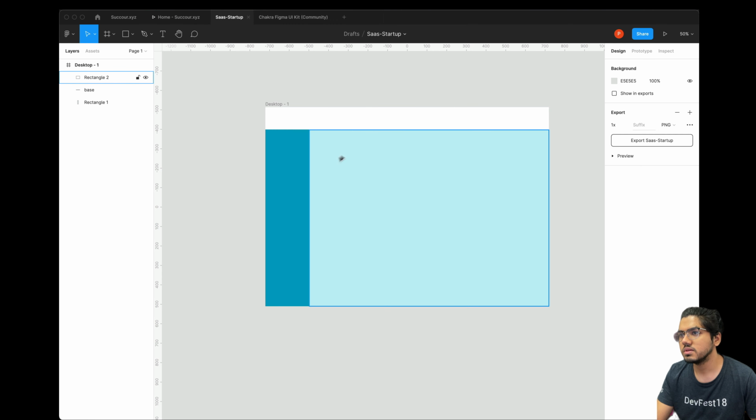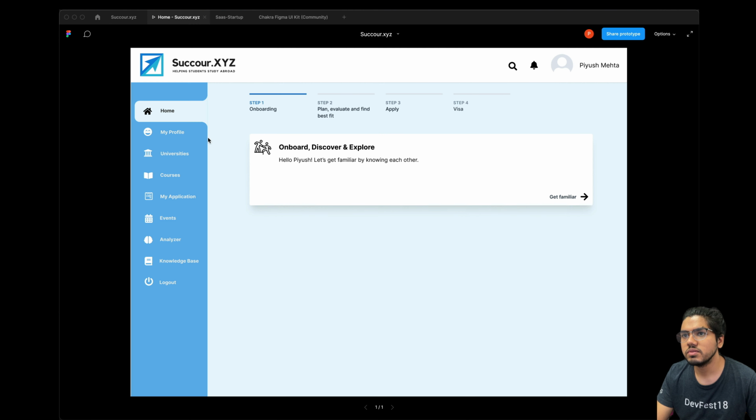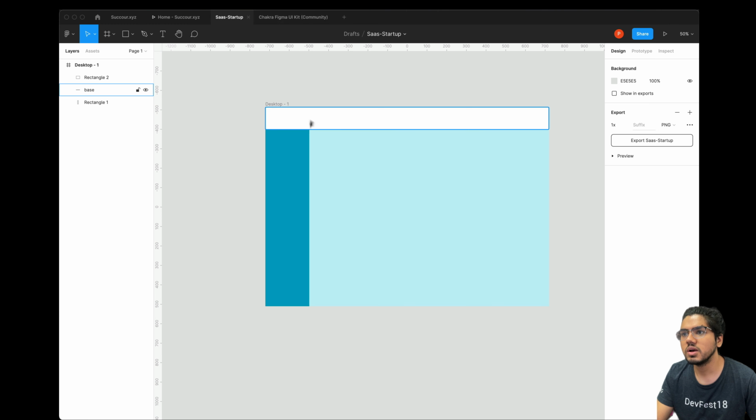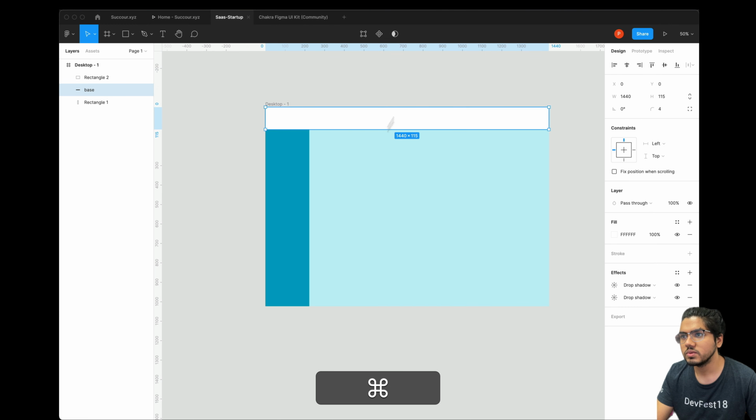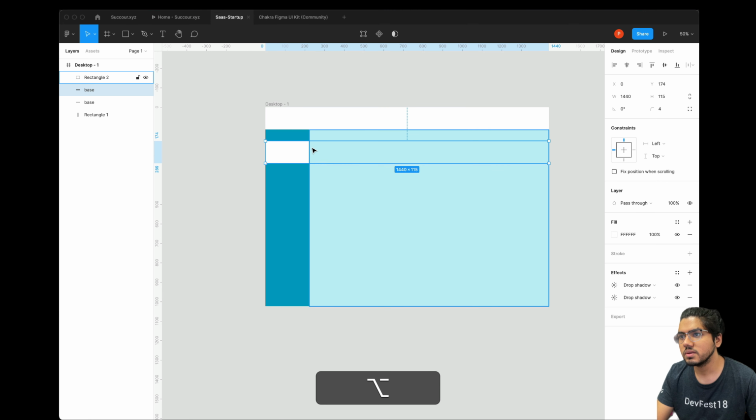Okay, so now you must have noticed that we have something like this. We'll be making that thing also. Now let's see how I made that. I use this same thing. Okay, so I'll tell you one more thing. To copy this, you just have to press Alt key and drag and drop. So you'll get the same thing.